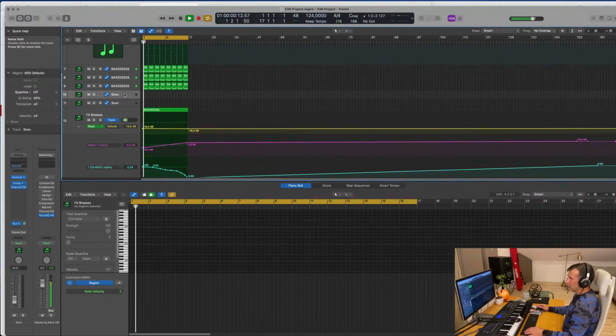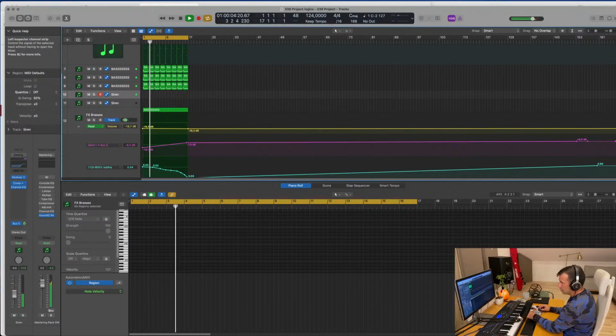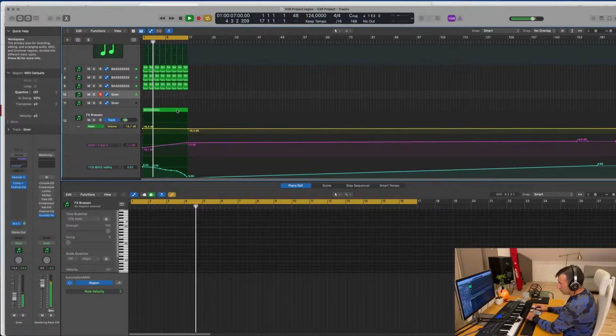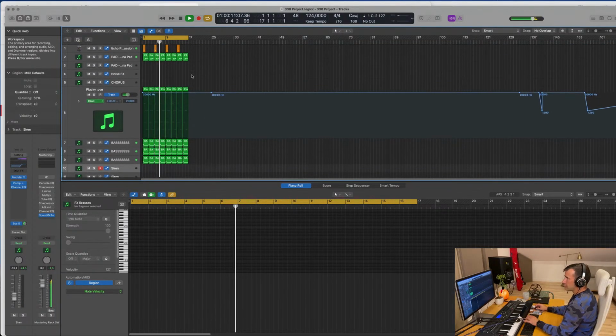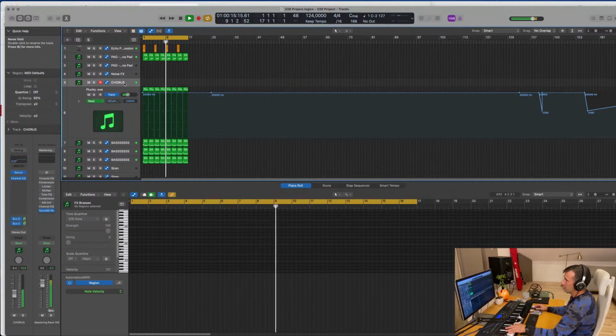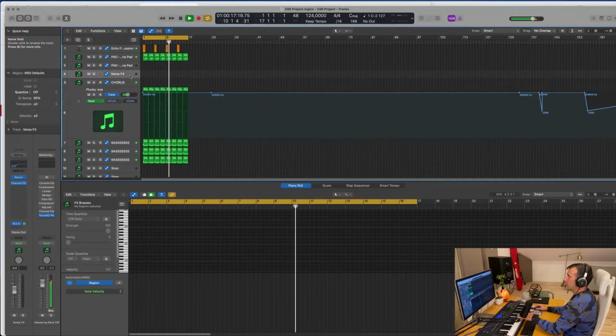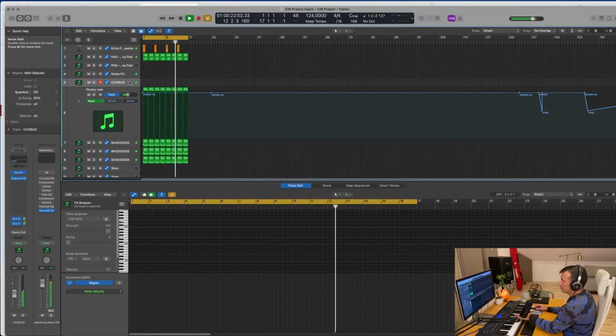So now I have other things. I have this siren here. Not so good for a lead, I would say. This chorus here, oh, the chorus is not quite good for lead either. But